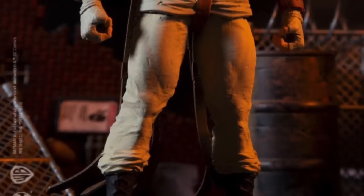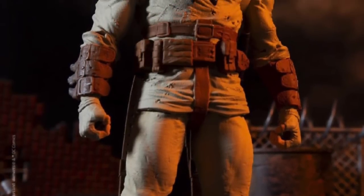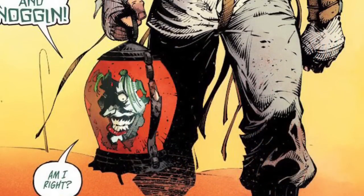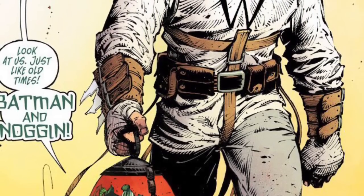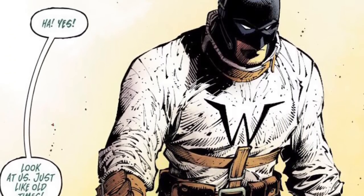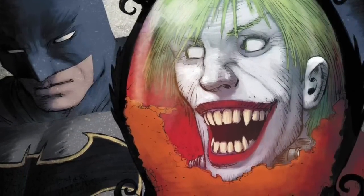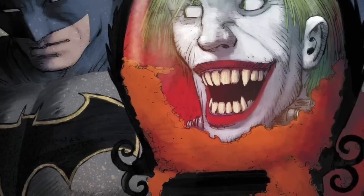Now to kind of go over the entire line that was revealed, we're going to be getting the Batman figure direct around like the first issue or so when he was in his Arkham Asylum straight jacket. And if you notice that he's carrying a head in a lantern, your eyes do not deceive you. He will actually come with the Joker's head in the lantern. I'm not going to give any spoilers away. Just read the comic. It is bonkers, but it's a great tale, and it's really, really interesting to see how